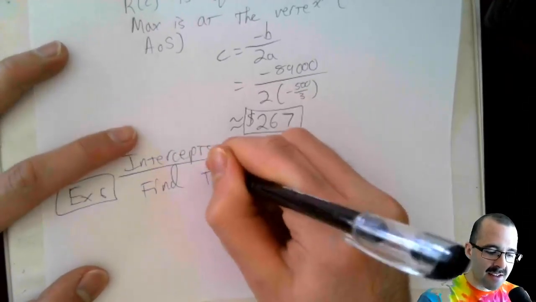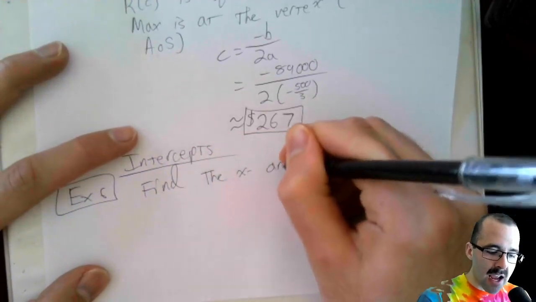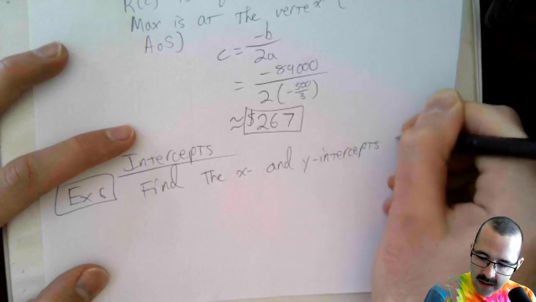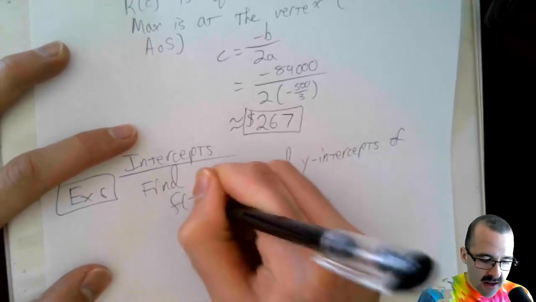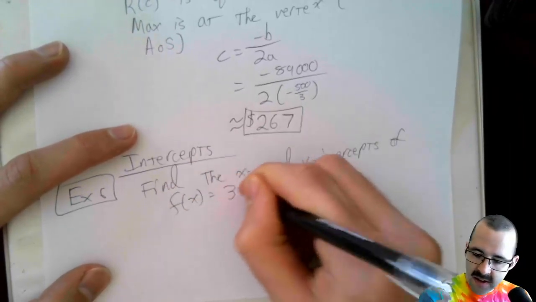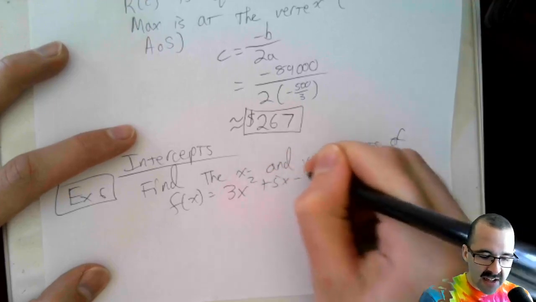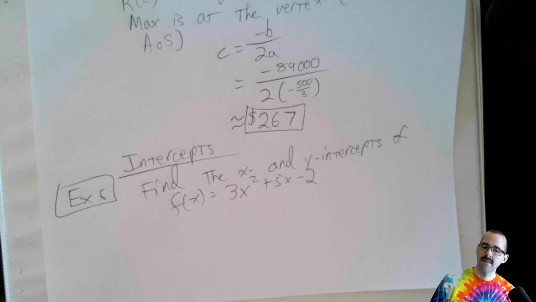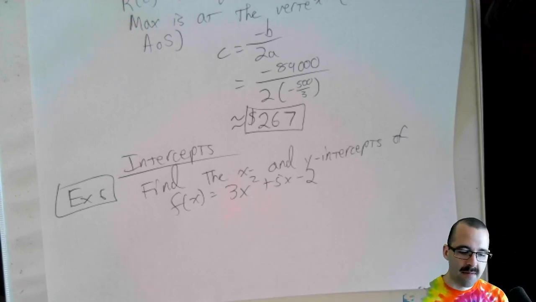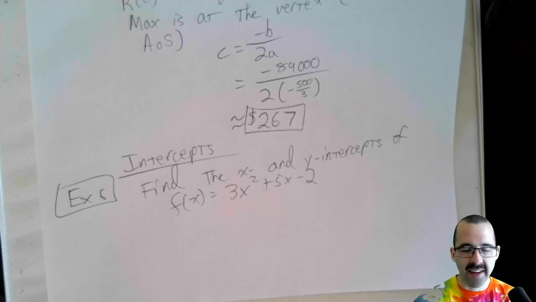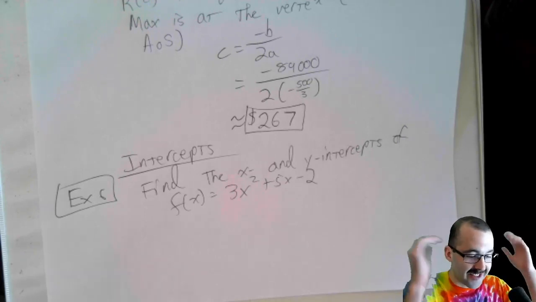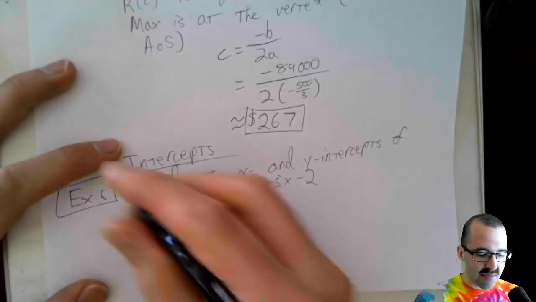Find the x and y-intercepts of f of x equals 3x squared plus 5x minus 2. All right, and this isn't as bad. It's not great, but it's not as bad. And all of you have done this before. Now, whether you remember how to do it, who knows? Okay, but remember,